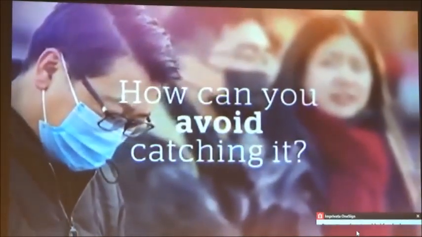So just remember your hands may be covered with virus. Virus cannot hurt you because it can't get through the skin. But the moment I do this, now I've brought the virus right to where it wants to go. So let's remember not to touch our hands to our face.